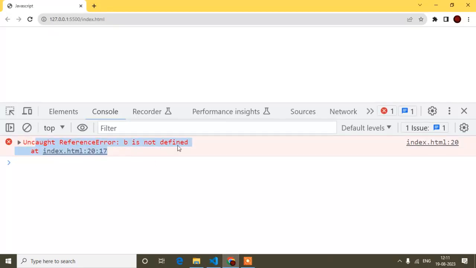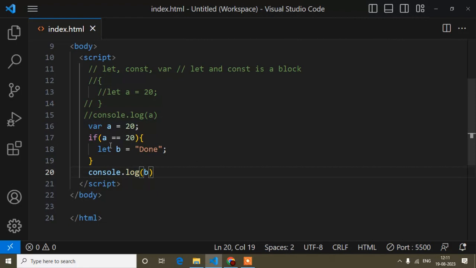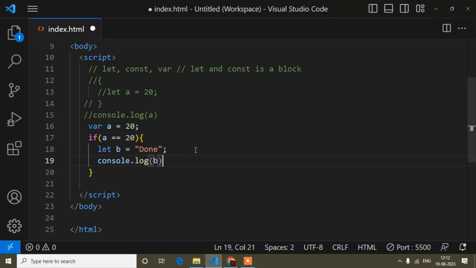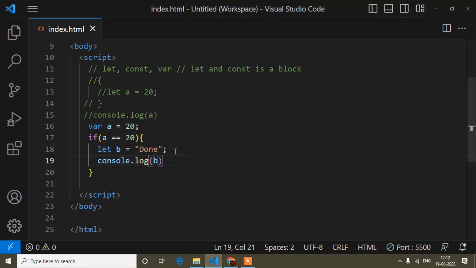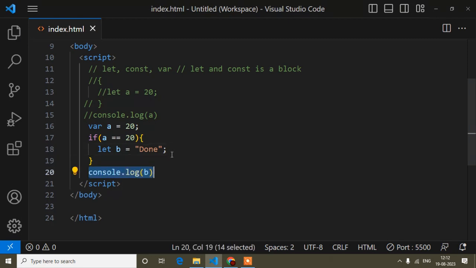See, I am getting b is not defined, because now it is a block only. So I can't console this one outside of these curly braces. But if you console it inside these curly braces, then I can access it. See, I can access it, but outside these curly braces I cannot access it.